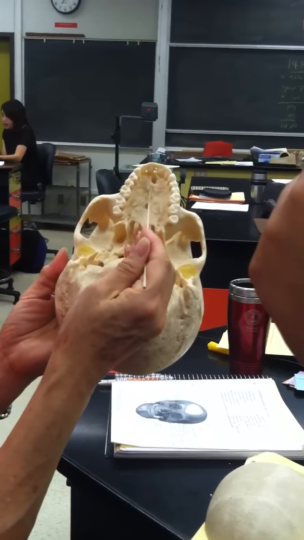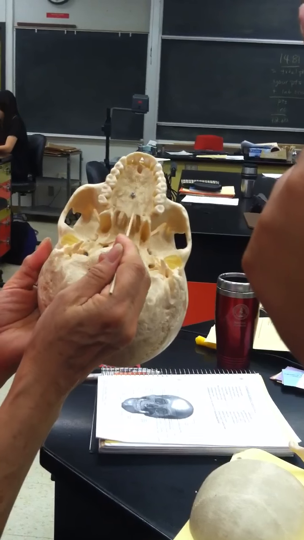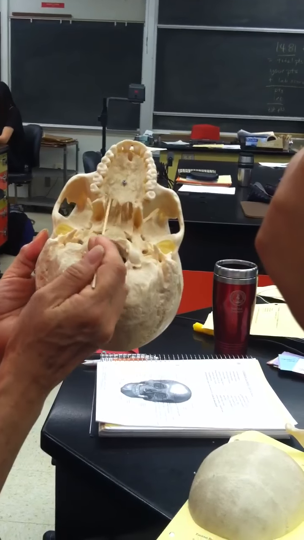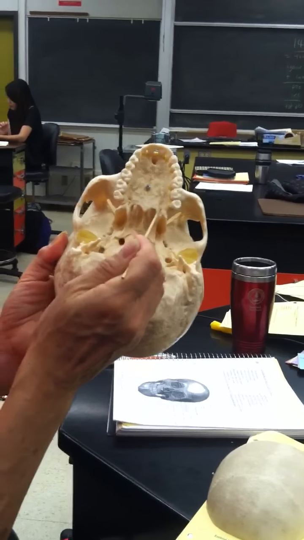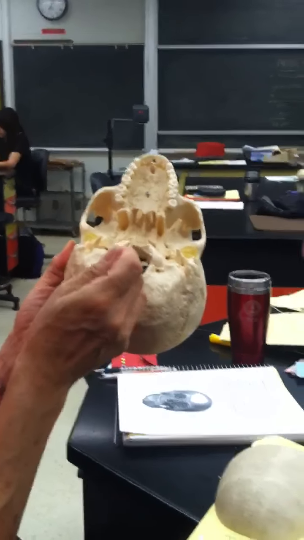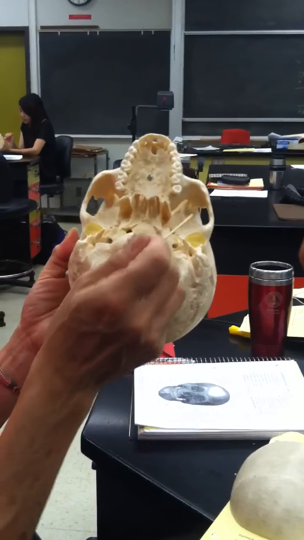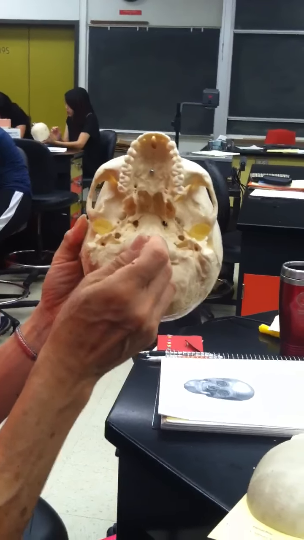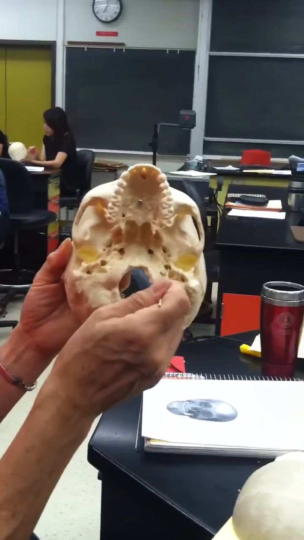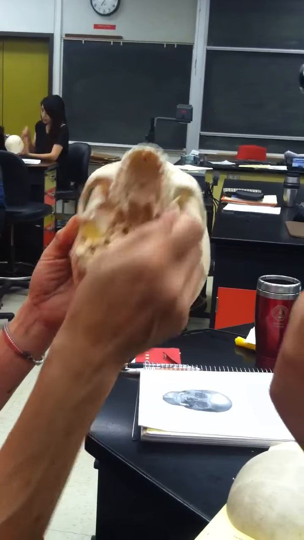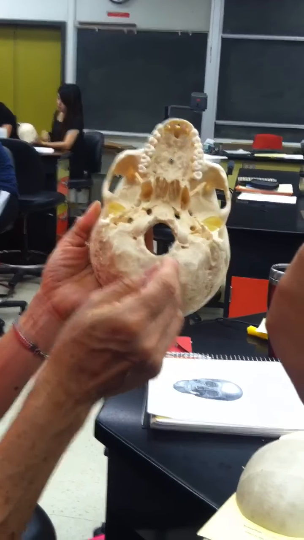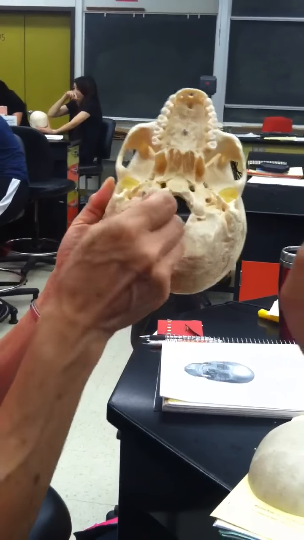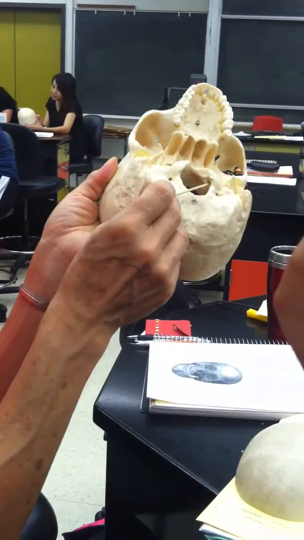incisive foramen, median palatine suture, transverse palatine suture, palatine process of the maxilla, horizontal plate of the palatine, greater and lesser palatine foramen, vomer, pterygoid process, mandibular fossa, foramen ovale, foramen spinosum, foramen lacerum, carotid canal, jugular foramen, styloid process, mastoid process, stylomastoid foramen, occipital condyles, foramen magnum, hypoglossal canal,